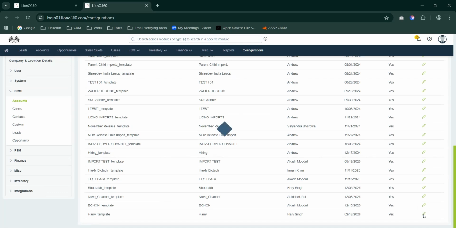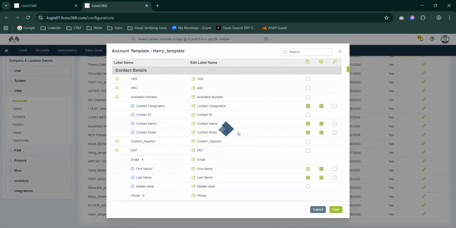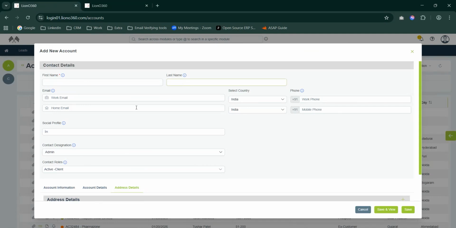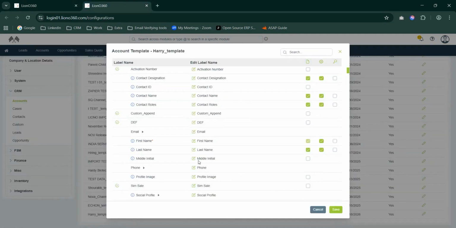I'll click on the edit icon in front of a template. It will open a template form. Here we can see all the details like first name, last name, work email, phone, work phone, mobile phone. All fields are given here. Let's suppose I want to